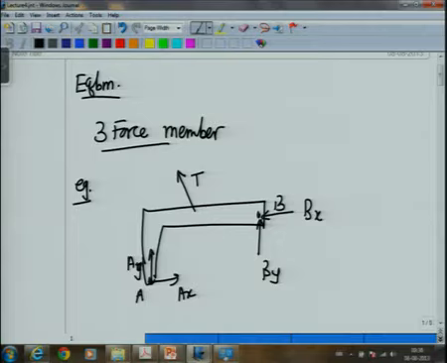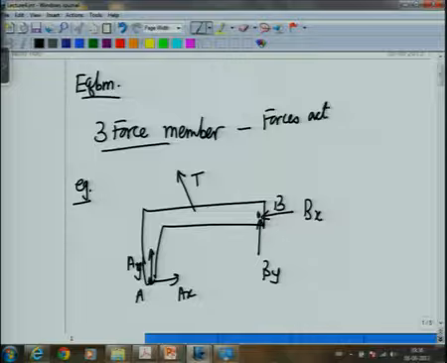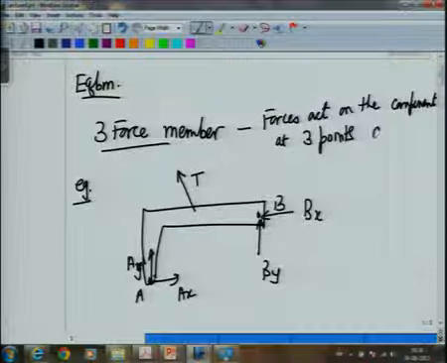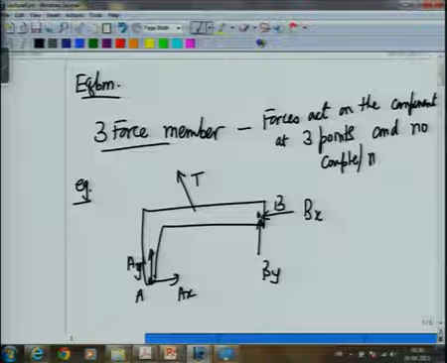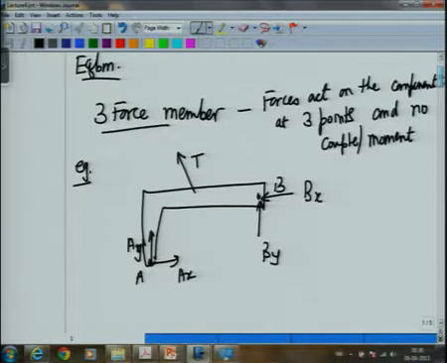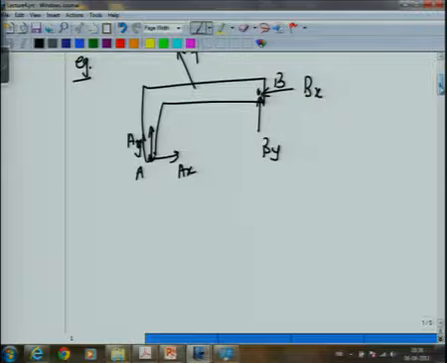So, let us write the definition. Forces act on the component at 3 points and no couple. Now, in this case, the conclusion we can draw is that